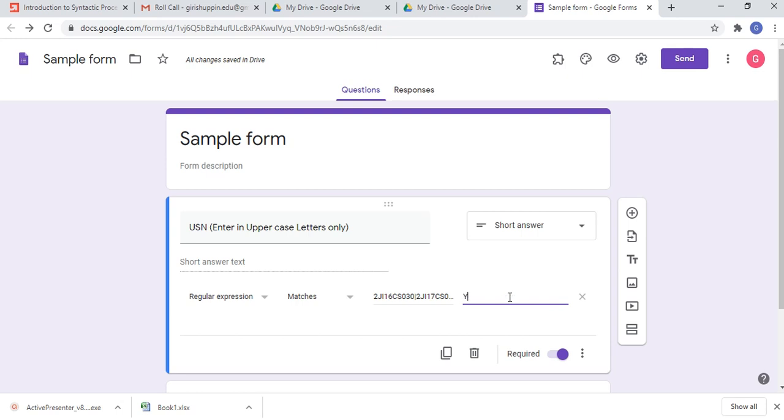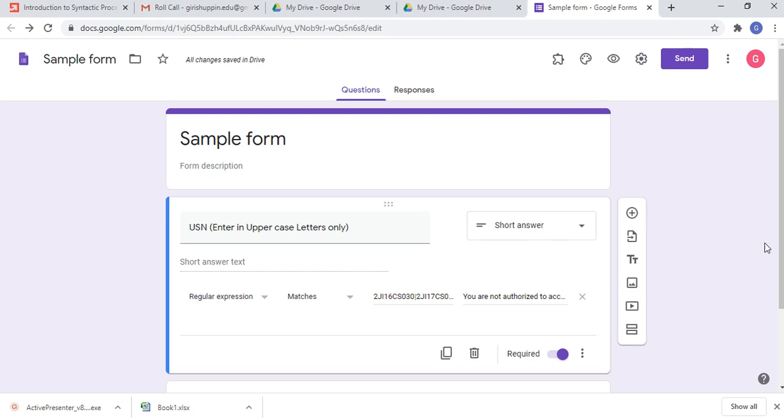So we can say you are not authorized to access. Whatever message you want to put, you can put.